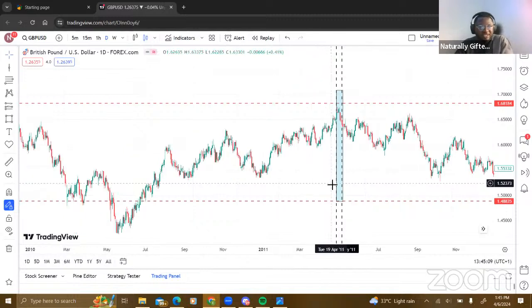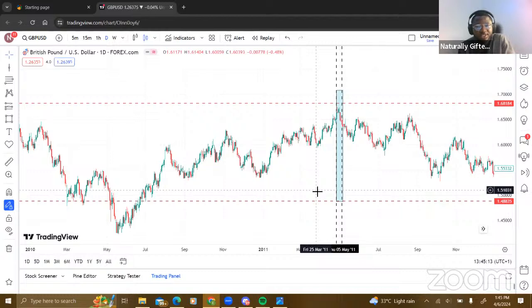You know what this is teaching you? It's giving you blueprints. Everyone type in blueprint on the chat. Because with this, it's making you understand that price got all the way to this point and reversed. So it means that in the future, there's a high tendency that if price ever gets to this particular area, because I've been able to go back in time, go to the daily and the monthly time frame, price would also reverse back at this area.